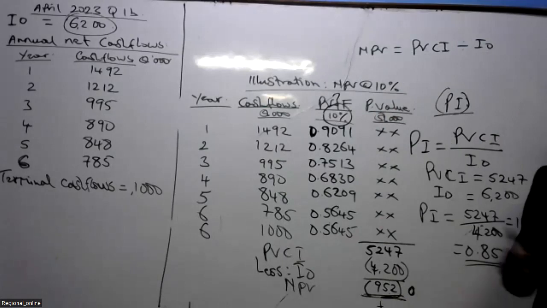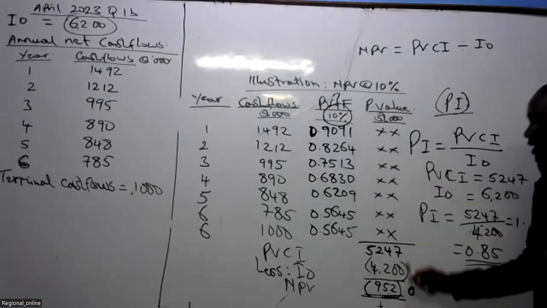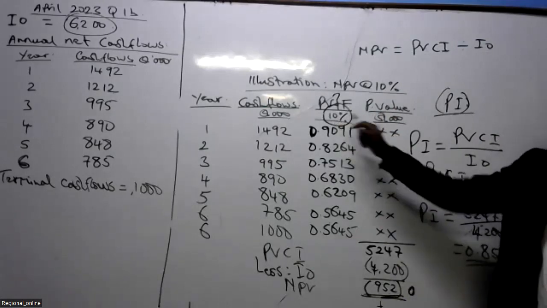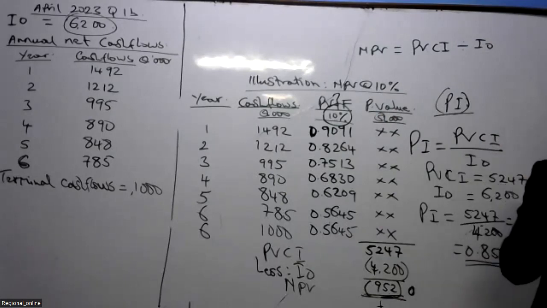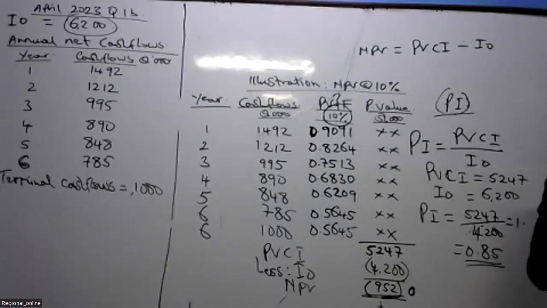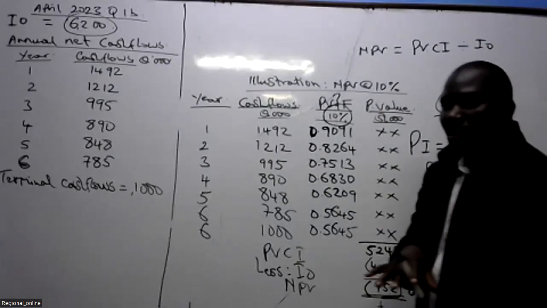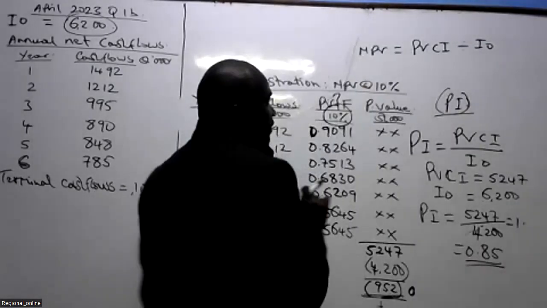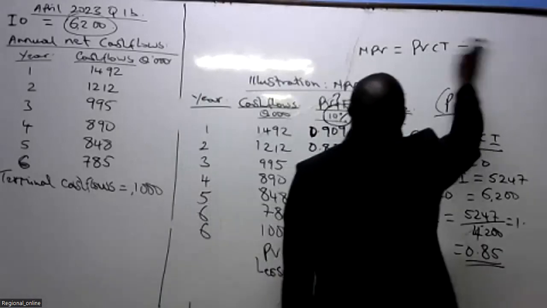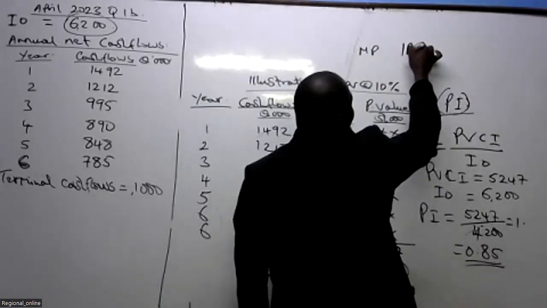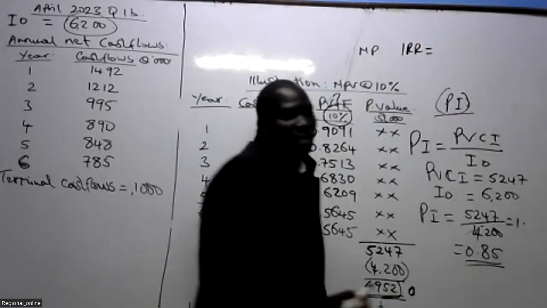Sawa. So ya kwanza ilikuwa negative, inamaanisha hii cost iko high. That's why I'm making a loss. Reduce the rate using trial and error. Targeting to now get what? A positive. Sawa. Targeting to get a positive. Alafu sasa mwambie kuwa IRR equals,